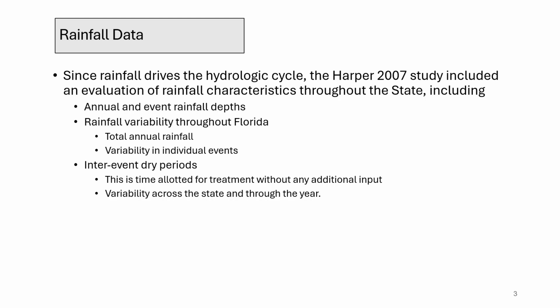By simulating all rainfall events and carefully considering these inter-event dry periods, researchers can estimate the percentage of runoff that can be treated over an entire year. If an inter-event dry period isn't quite long enough to treat all of the runoff from a previous event, then a fraction of the storage capacity remains available for the next runoff event, which is an important consideration for system design. Ultimately, understanding this variability across the state and throughout the year is key to designing effective water management strategies.